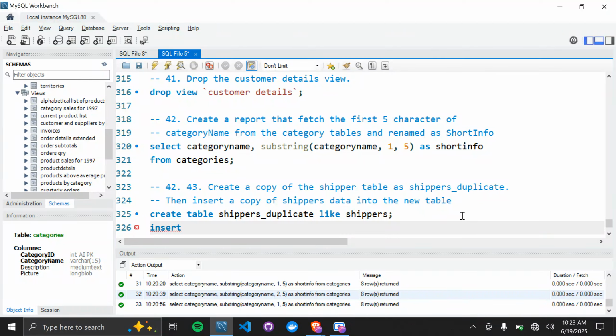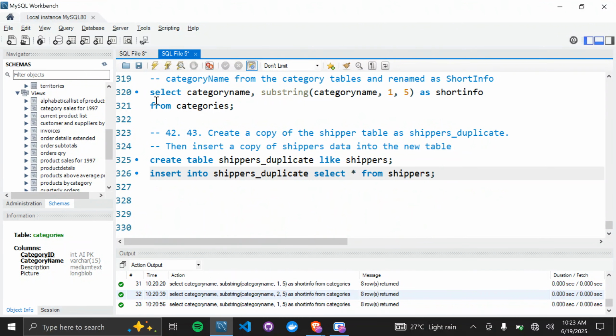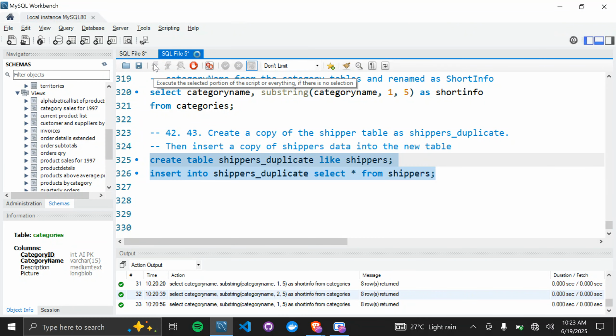We can say insert into, and in our very first class, we saw how to insert data into tables. You say insert into the name of the table, then open bracket and say values, then pass all of the values. But in this case, we are not doing that. We just want to pass select star, everything that is inside shippers. So if we copy these two and run them,